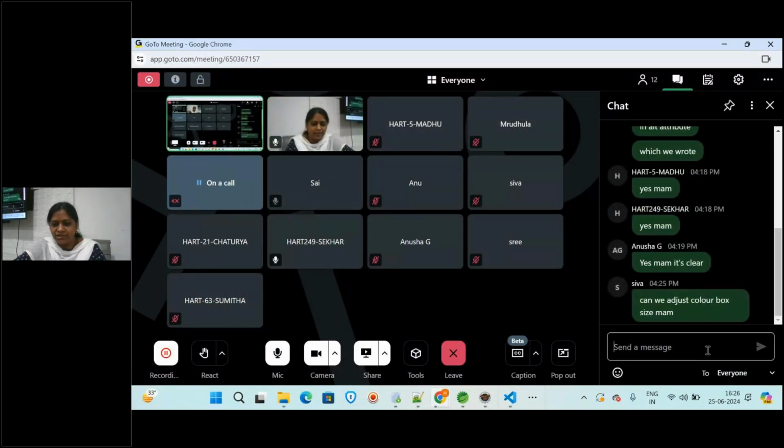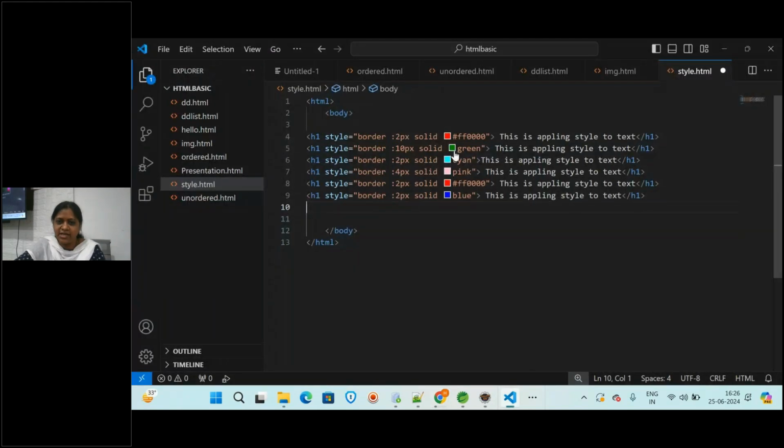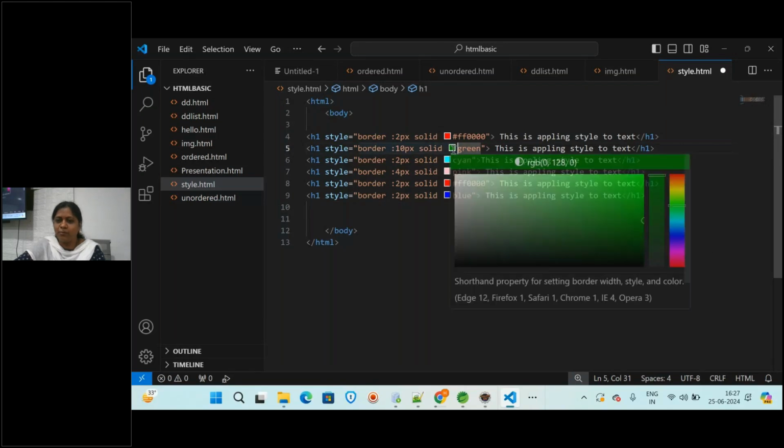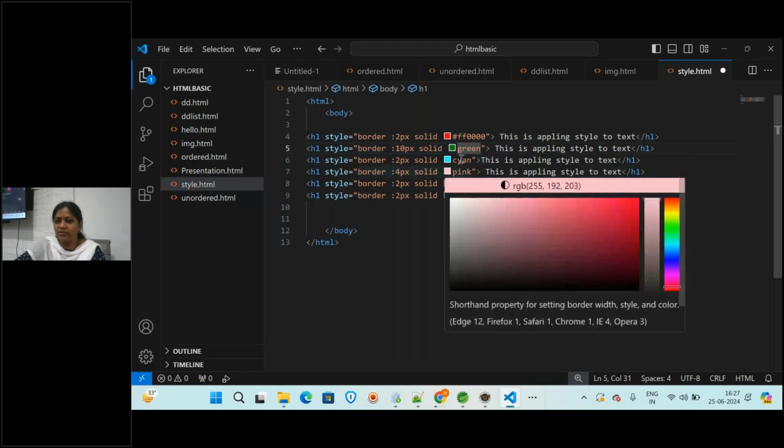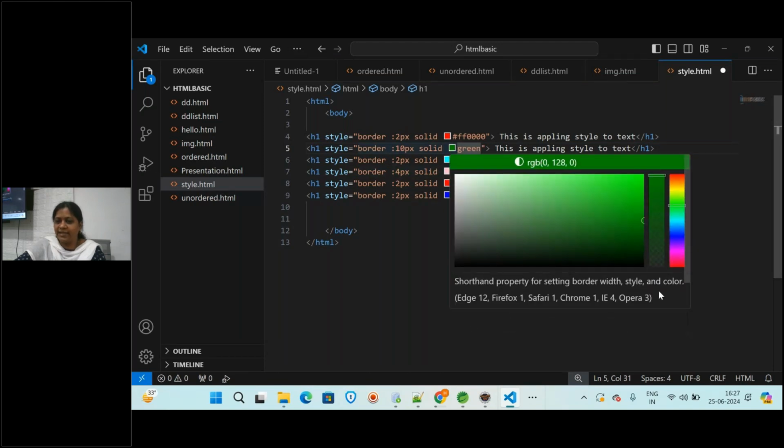Can we adjust the color box size? So what you are seeing here, this size means if you want you can scroll in that box, whatever colors you have. This size we cannot change, this will be small. You are saying like this one, yes, this is possible.